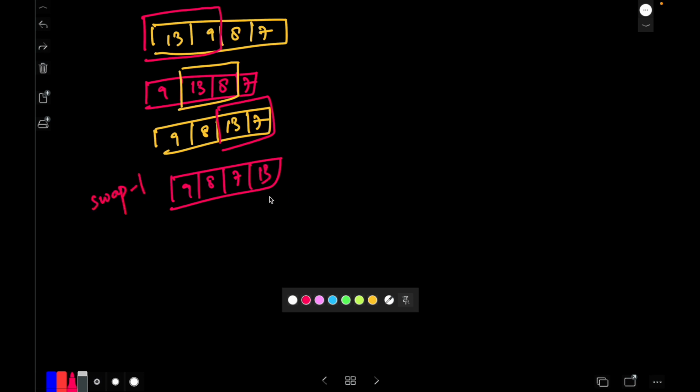So can we say that the maximum of the whole array is at the right place, like at the last of the array? So basically this part is sorted now, right? So initially what we did, from 0 to n minus 1. Now we need to do from 0 to n minus 2. So our approach would be from 0 to n minus 2. So first swapping is done till 0 to n minus 1. Now we'll move to